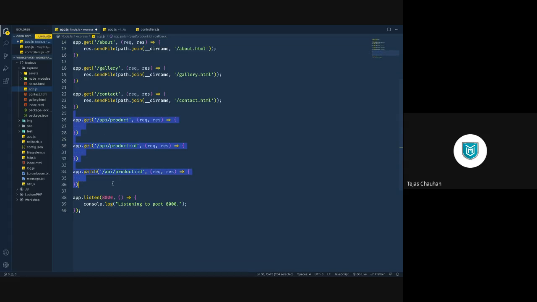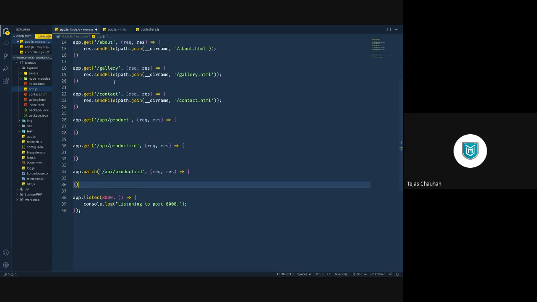Now, how do you test whether all these things are working properly or not? When you write some code here, a GET request is easy to test because you can go to your browser and simply type this URL in the address bar. Then it is always going to be a GET request, and you can make that GET request easily. But how do you send a put request, patch request, or delete request from the browser? Not easy, right? We have to create some kind of form which will do that.